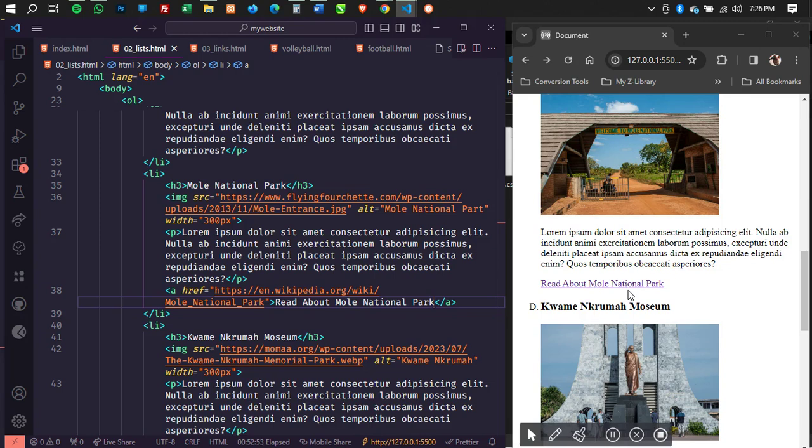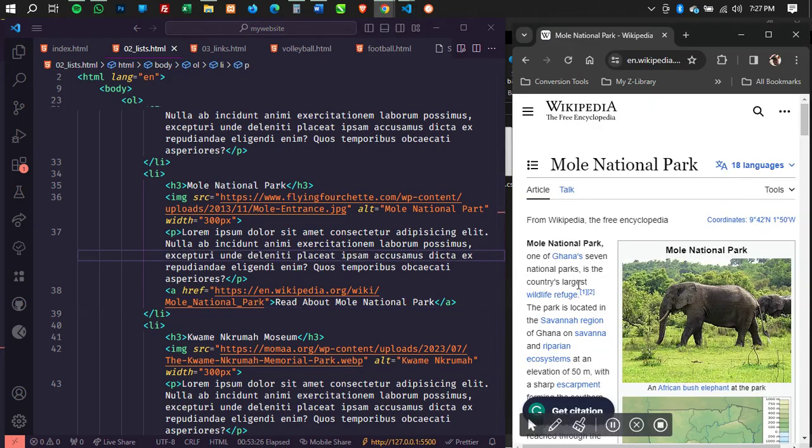But Wikipedia is a different website. And so I can't just bring the last part of the URL and hope it's going to work. It won't work because without specifying the base URL, it's going to come back to the same source. It's going to look for the file within the same place, right? So since Wikipedia is another resource, another site on its own, I'm going to include the absolute reference. I'm going to bring the entire link over there. And then when I click, it takes me to Wikipedia to read more about Mole National Park.